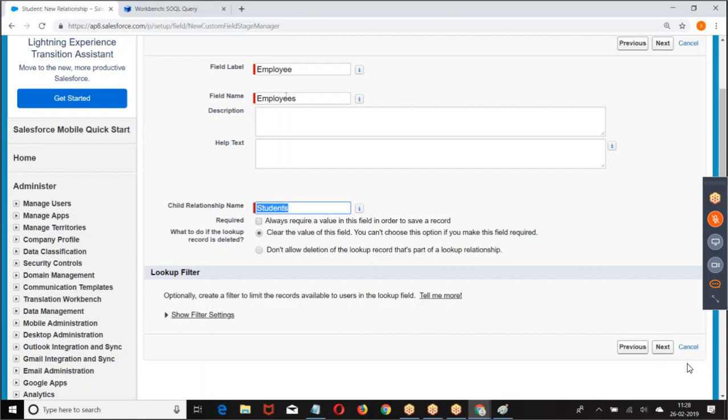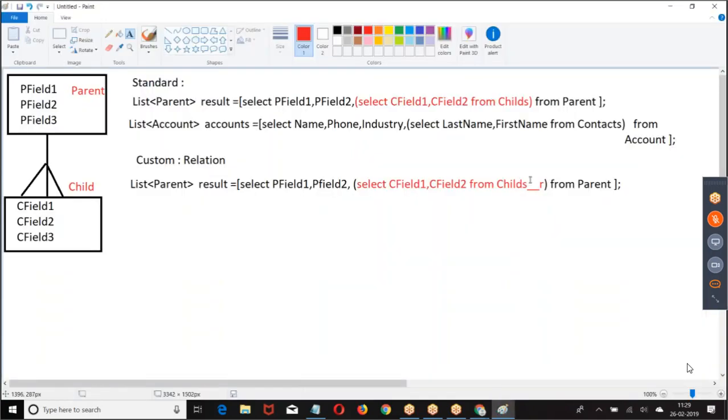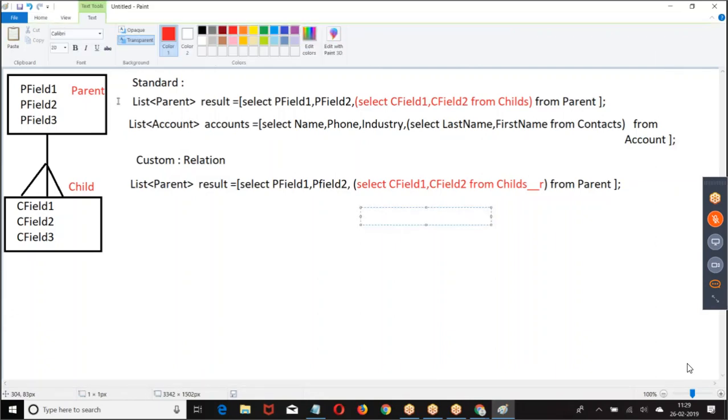The plural form of the child object is the relationship name. If you change it, whatever name you mention, that name plus underscore R you have to give. Okay, boss? Are you clear? 99.99% we don't touch it, but in case you modify it, that name you have to use.